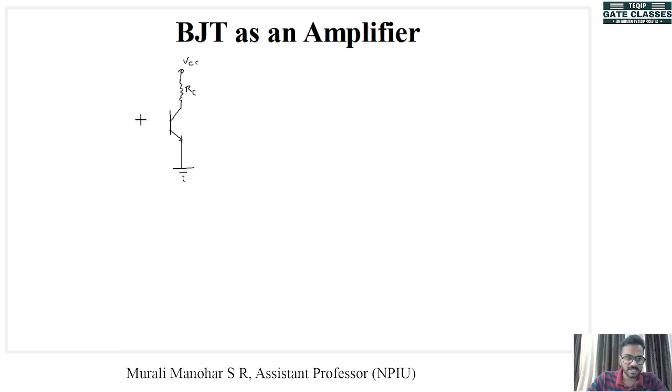Now there is no base resistance. Here we are giving a separate supply for the base. It is not derived from VCC. So we can call the supply VBE, variable, and also there is a signal which is AC. Now this AC is applied across this base emitter junction, so we are going to call it vbe.